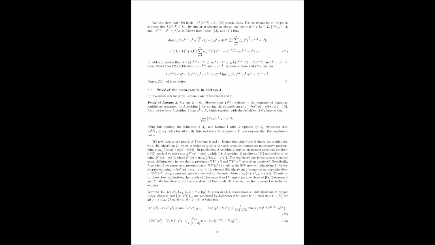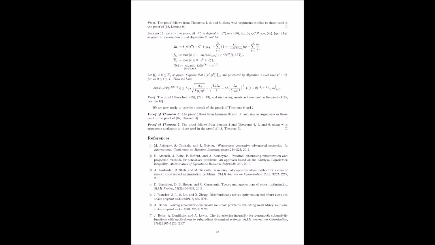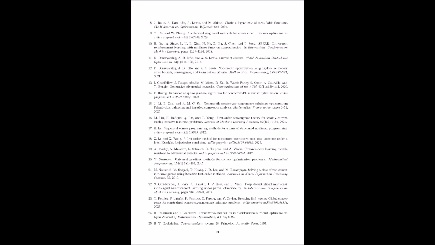Why define this problem 2 if they spend all their effort analyzing problem 1? It's a standard technique, really. They're showing how the slightly more general problem 2, where the outer variable x also has constraints, can be reduced to solving a sequence of problems that look like problem 1. How do they do that reduction? They use a penalty approach for the outer constraints, d(x) less than or equal to 0.